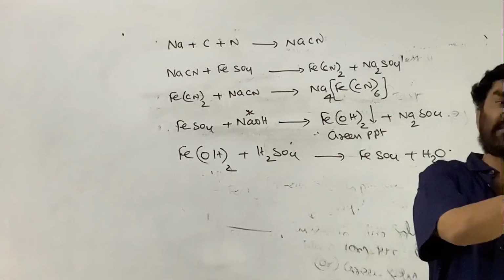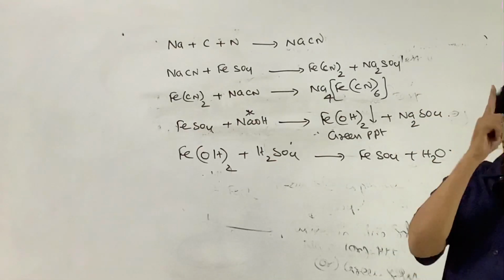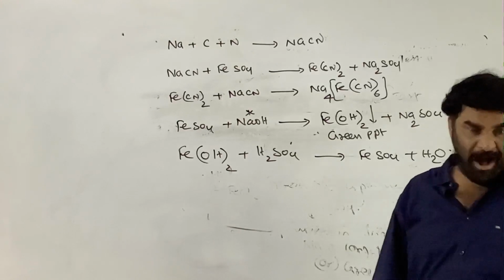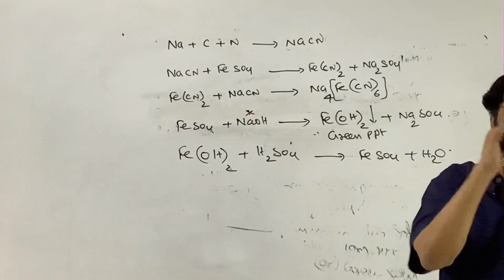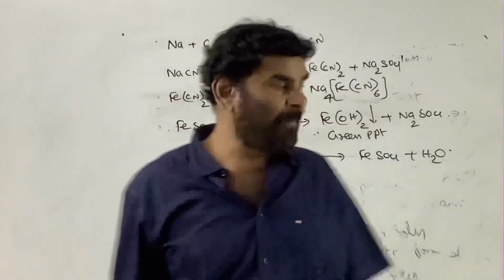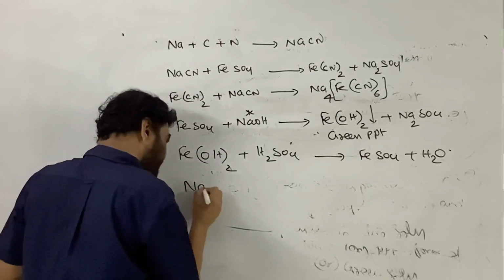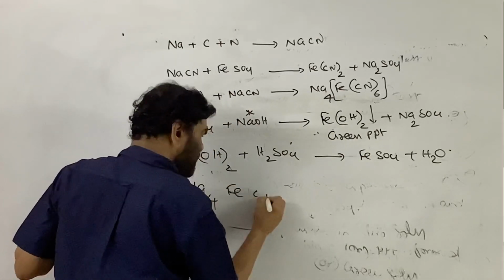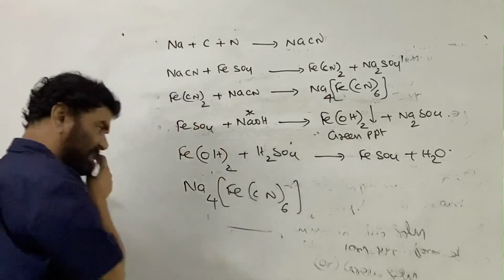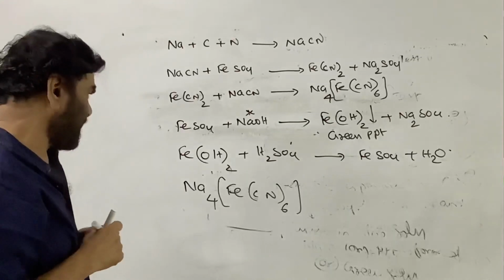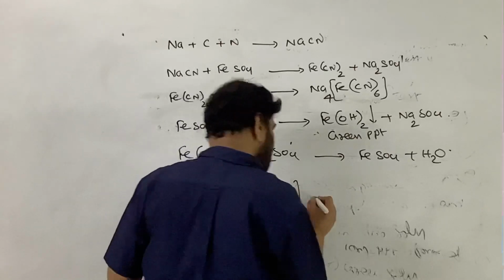After the addition of the sulfuric acid, if the solution shows a Prussian blue color or green color, then that indicates the presence of the nitrogen. The compound formed is now reacting with Na4[Fe(CN)6]. You recently finished your coordination chemistry. I did not tell about this complex, and it reacts with the